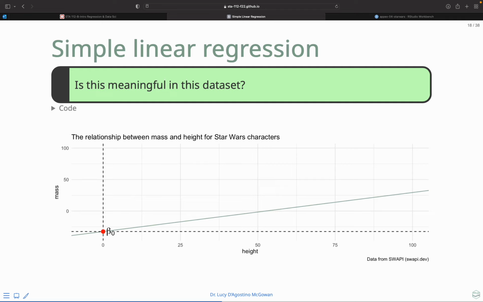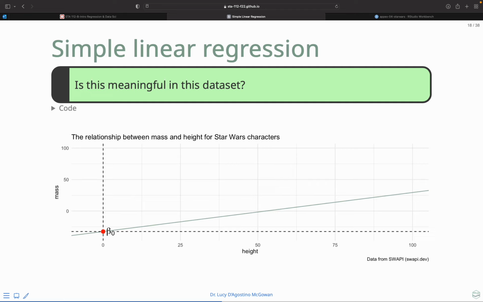No. Yes. No, it is not. Because it's not practical to have a height of 0, and similarly, it's not practical to have a mass of like negative whatever this is, 30-something. And so this is not a terribly meaningful result. It's useful so that we can draw the line, but it's not really an interpretable value since that's not of